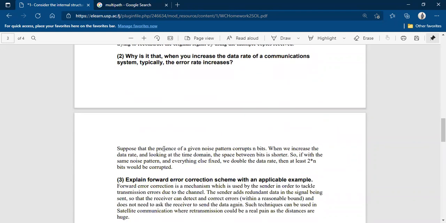So suppose that the presence of a given noise pattern corrupts n bits, right? When you increase the data rate and looking at the time domain, the space between the bits is shorter. So if the same noise pattern and everything else fixed, we double the rate, then at least 2 times n bits would be corrupted, right? So what this particular line over here actually means is that